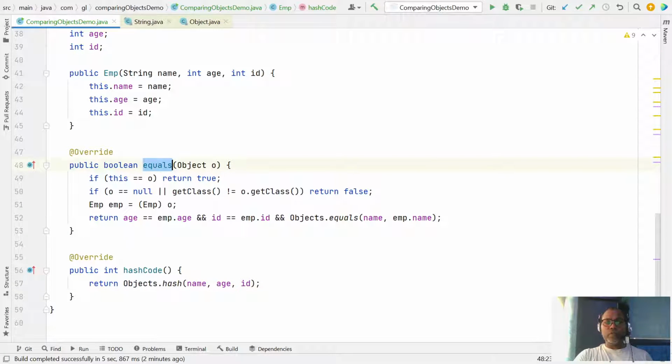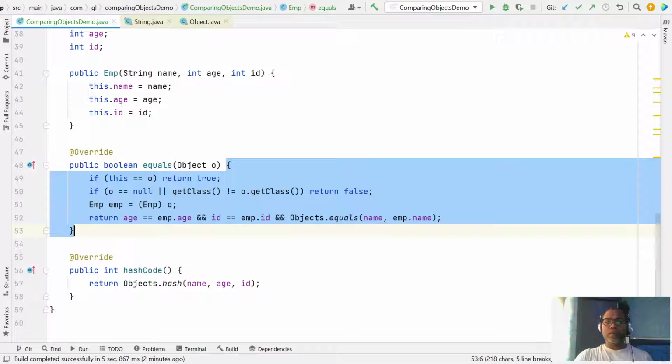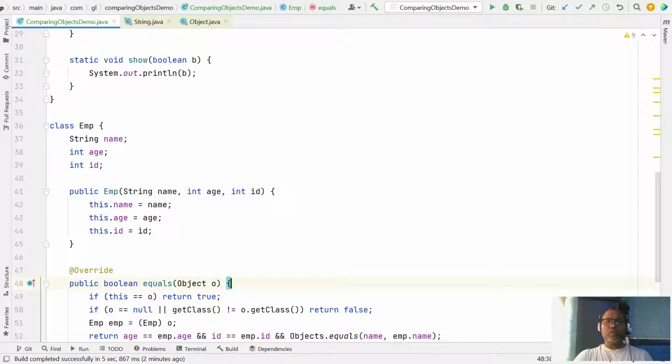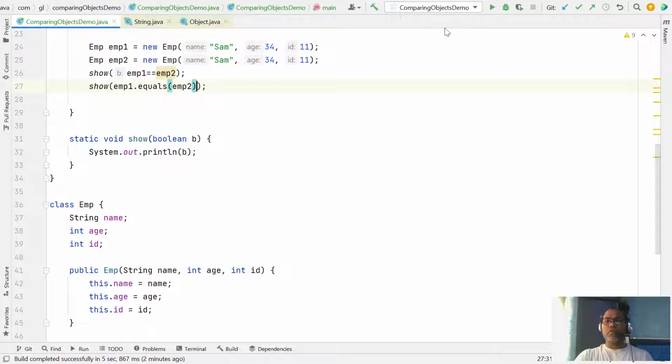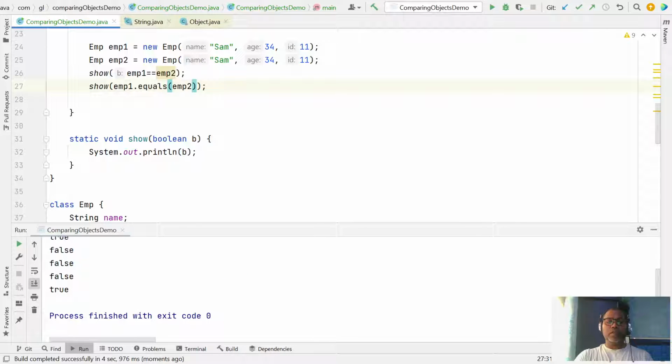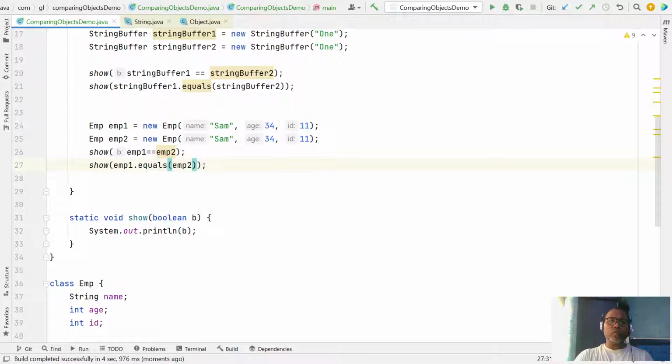Now when you provide the equals method and check, this will return true. The reason is you have provided your own equals method.